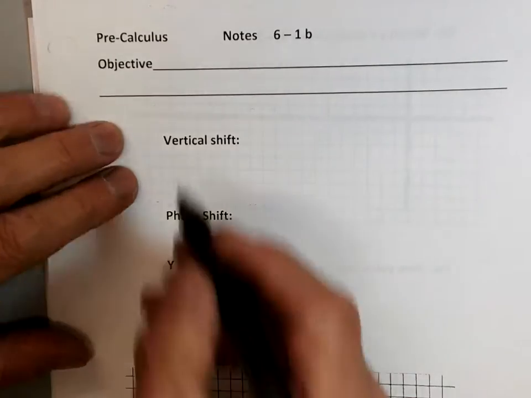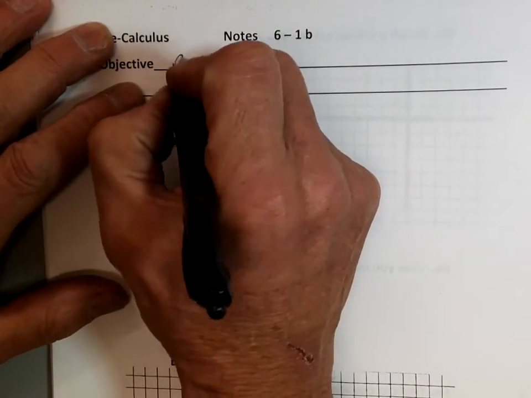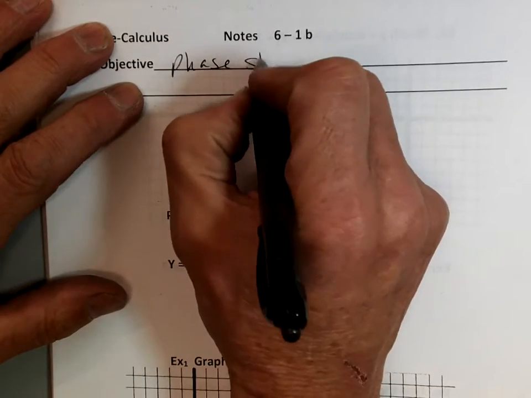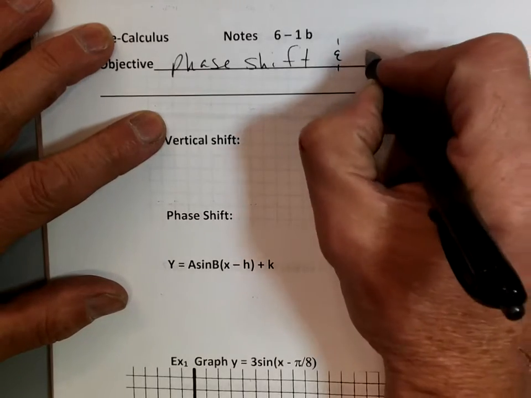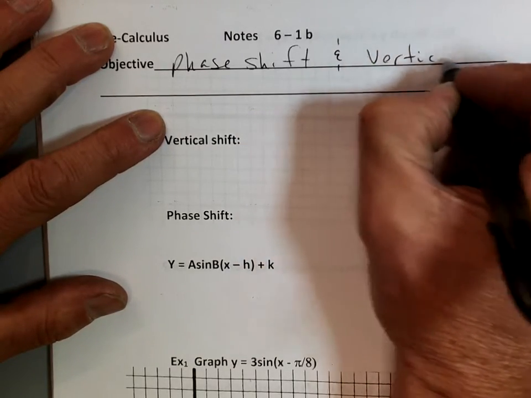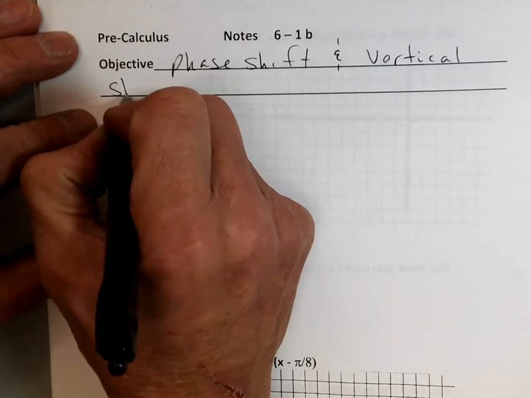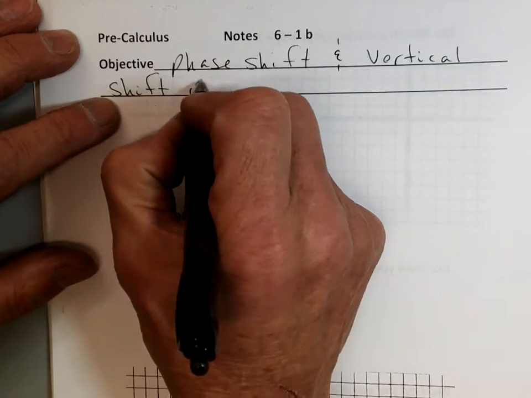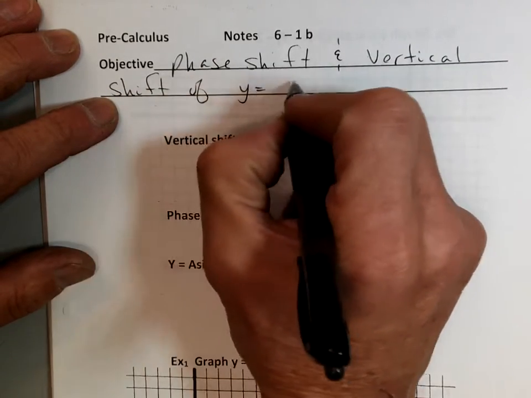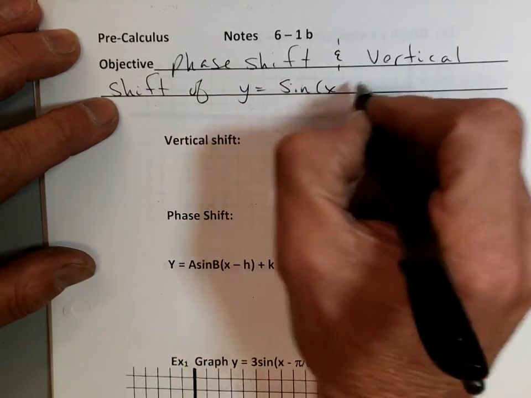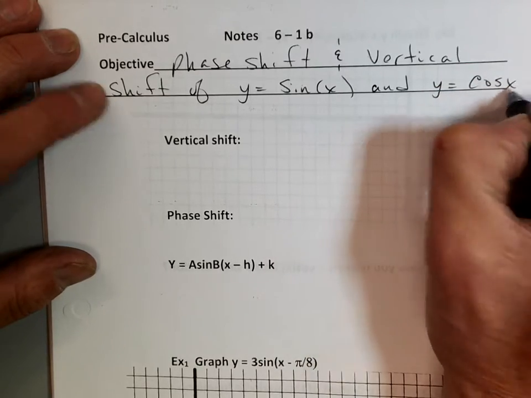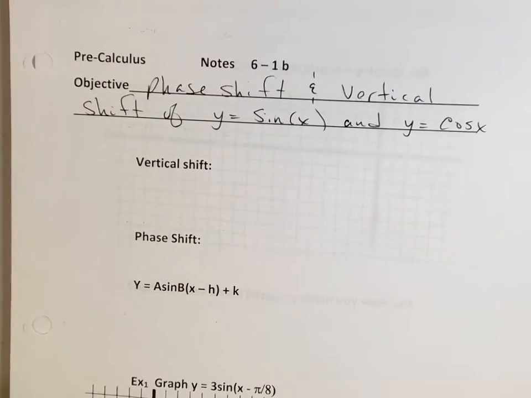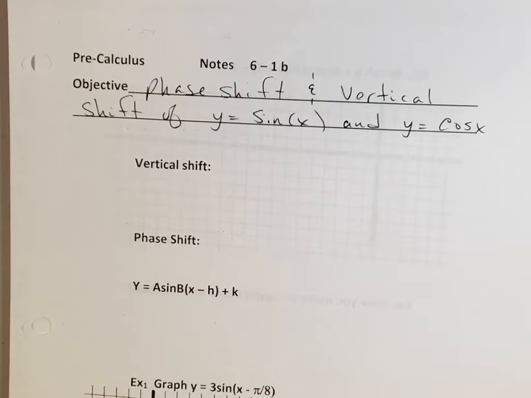Okay, so objective. Today what we're going to be doing is a phase shift and a vertical shift of y equals sine of x and y equals cosine of x. Okay, so just start there. Write that down. And before we even begin, on the very top, we're going to take a look at our